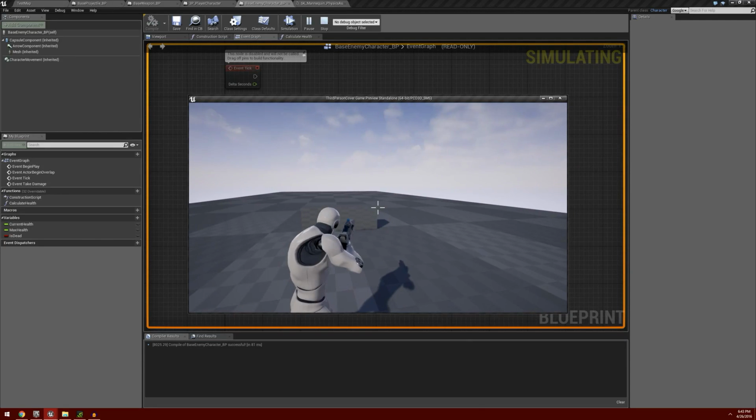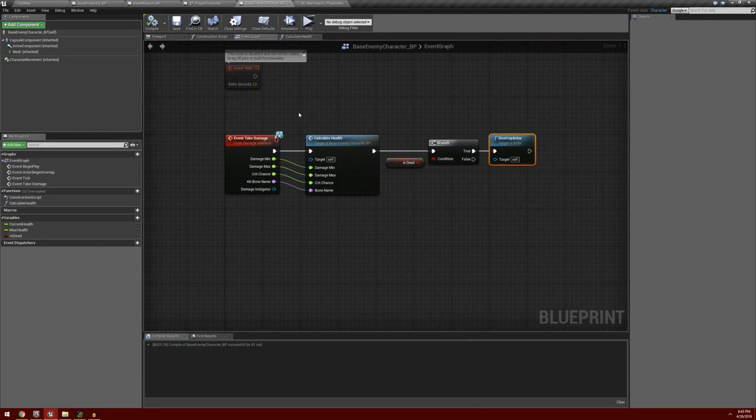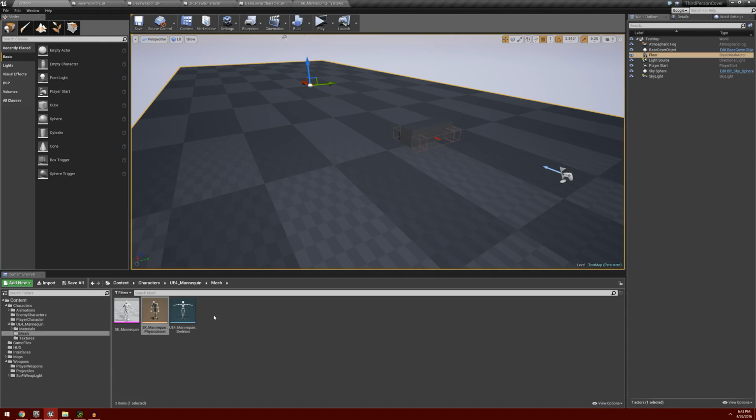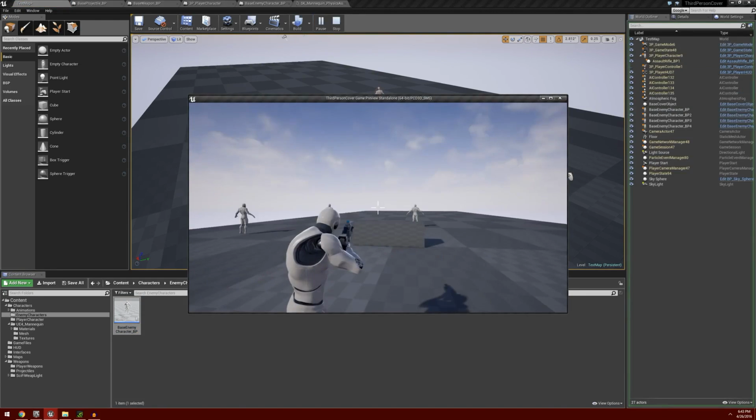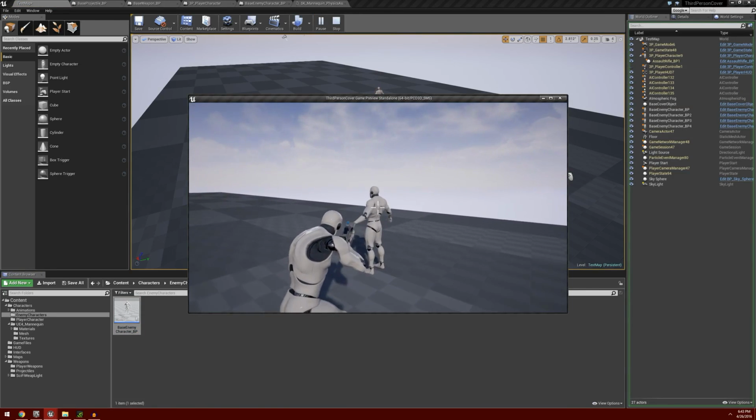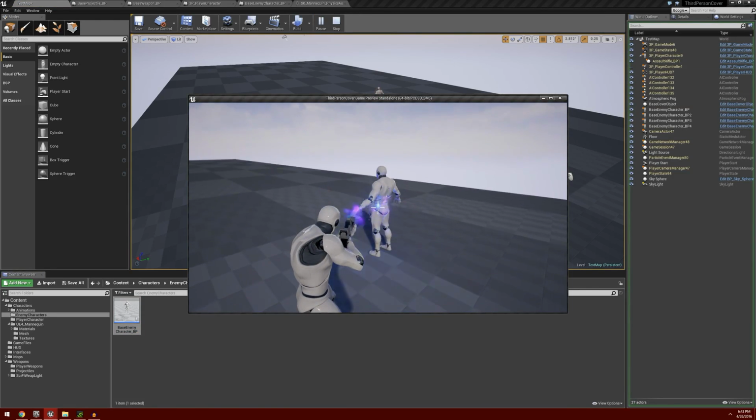And we haven't added any characters in. So I'm going to go back to our content browser, and in our enemy characters, I'm going to drag a couple of these guys out into the world. And we can go ahead and test it out. So I'm going to hit play. So if we shoot this guy in the body,